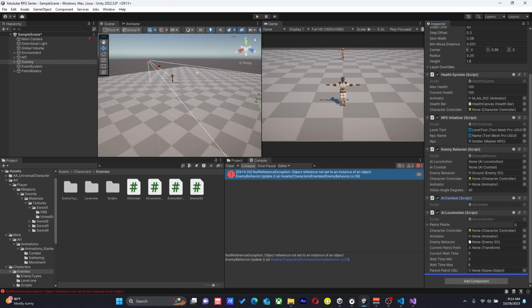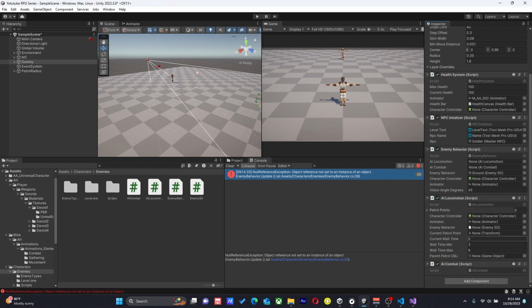Let's move the AI combat below the AI locomotion because we haven't done anything with the combat. Now it's going to ask for our patrol parent. So we're gonna keep that there. Then it's gonna ask for our behavior. We're gonna come to that guy and put our,